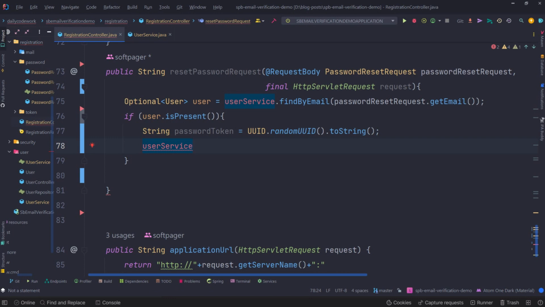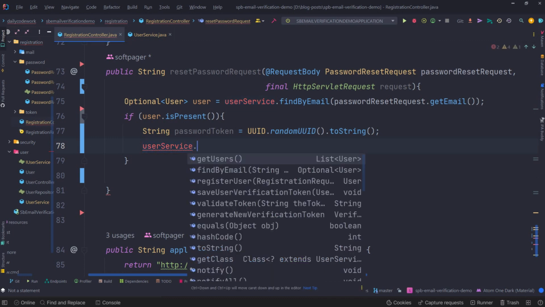So now we're going to make use of the method we created last time in the password reset token service. So for that, I'm just going to say userService.create